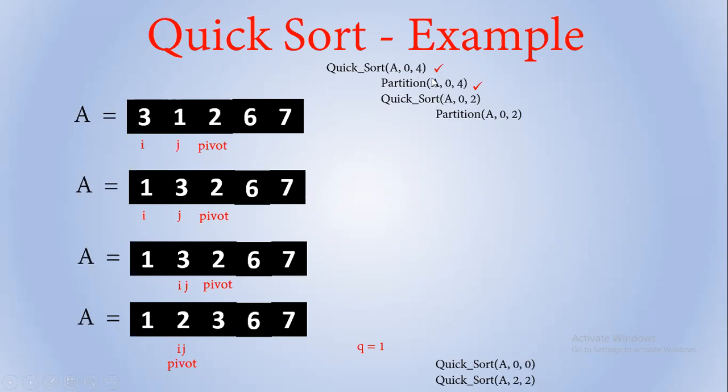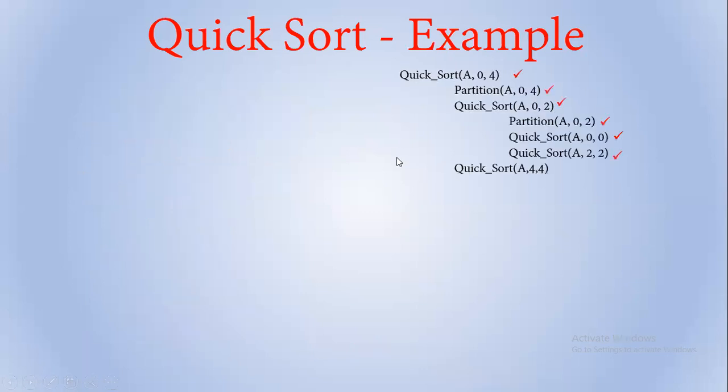That means here in this partition we got q as 3. So quick sort A from 0 to q minus 1, 3 minus 1 is 2, is now over. But we are left with another quick sort of this function. So now we have finished this quick sort, and we are left with another quick sort, that is from A, q plus 1. Q was 3, 3 plus 1 is 4, and in this one,